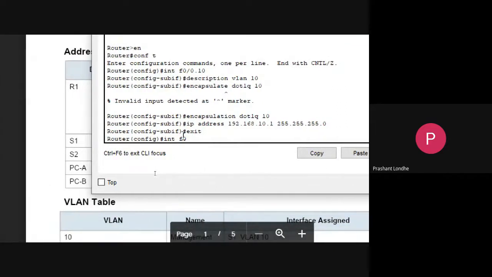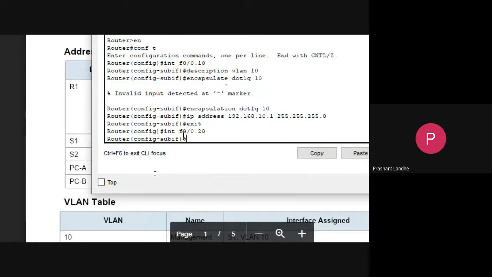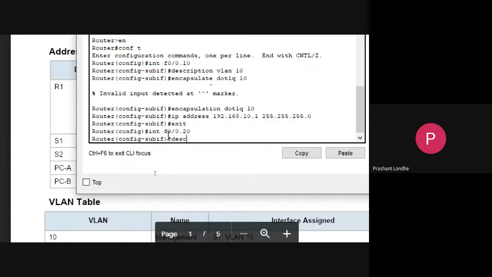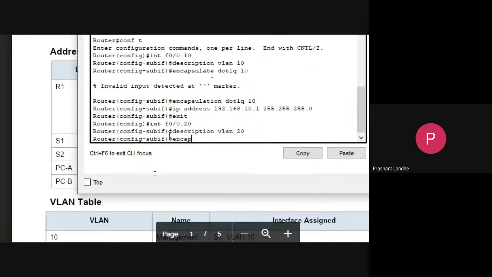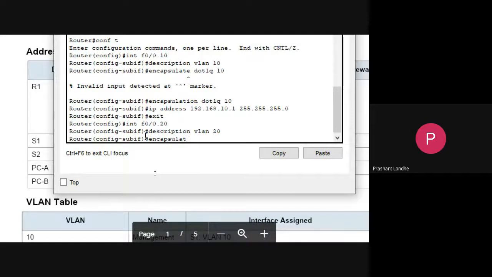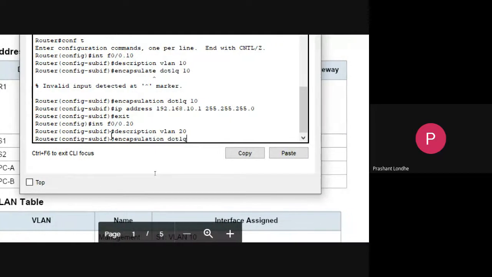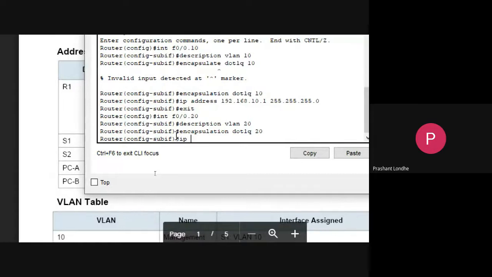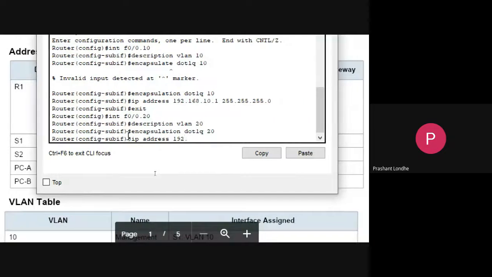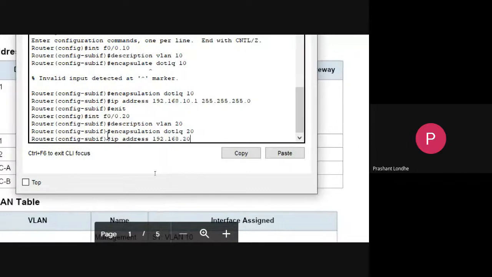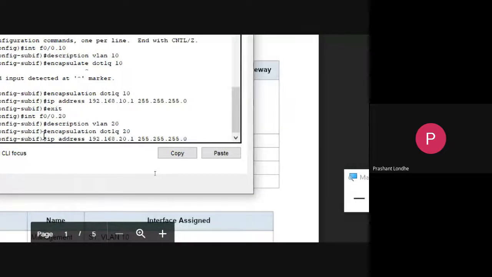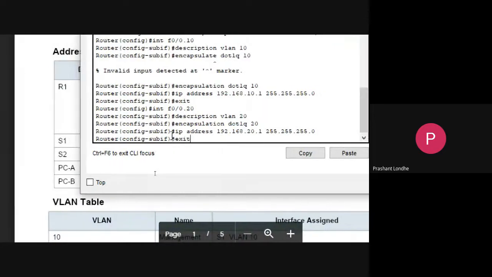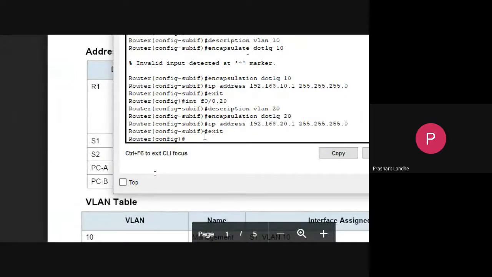Interface f0/0.20. Now you need to write a description, VLAN 20, encapsulation dot1q 20, and finally set your IP address as 192.168.20.1, and the mask will be 255.255.255.0. Exit. Now we need to set the same thing for VLAN 30.